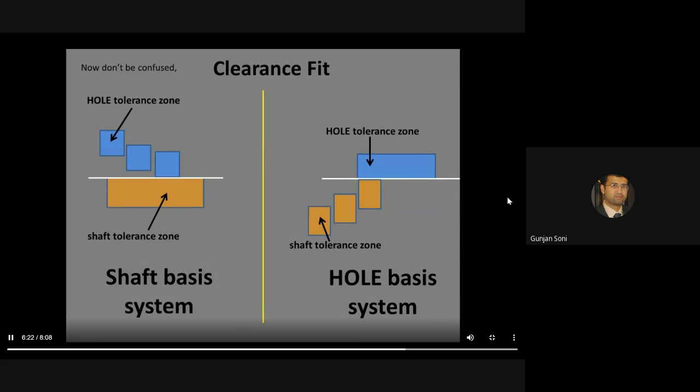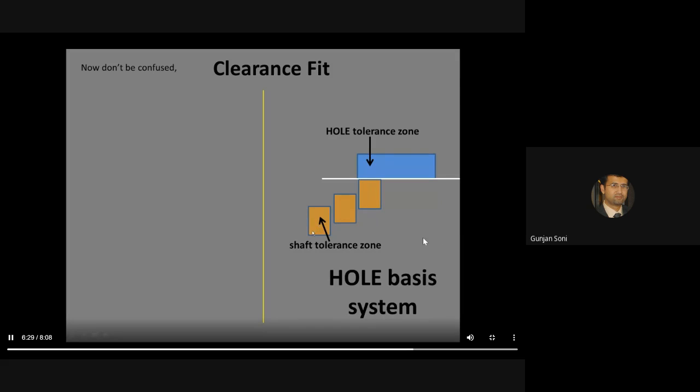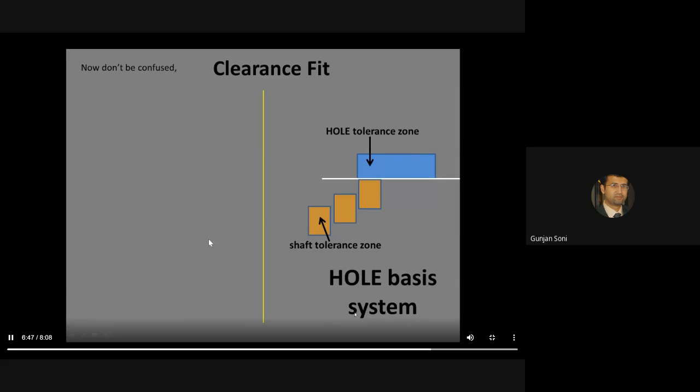Now, all the examples we have considered were of clearance fit and of this pattern. They were all below the zero line. The shaft tolerance zone was below the zero line, like this. And the hole tolerance zone was above the zero line, but its lower deviation was matching the zero line. It means it was the hole basis system. So hole basis system and shaft basis system is one thing which we have to discuss.